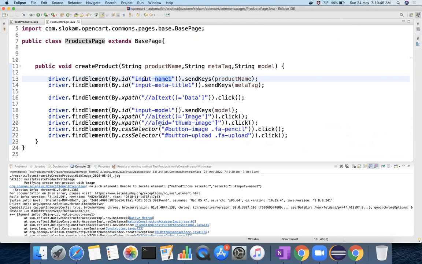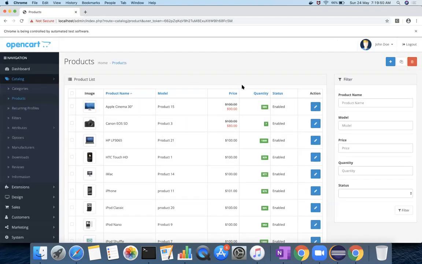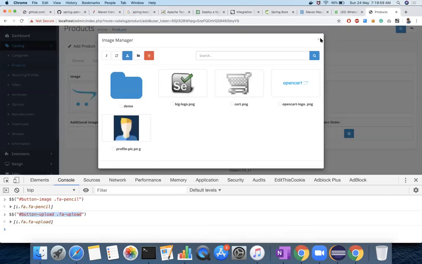What is this? Product name has to be typed, right? And where are you in this page? You are in the products page. So after clicking on this button only, you will get that page. So that means you missed writing this plus button. So that's how you have to